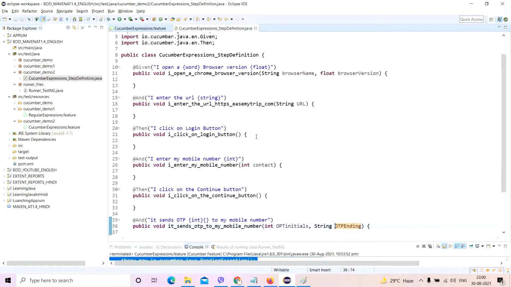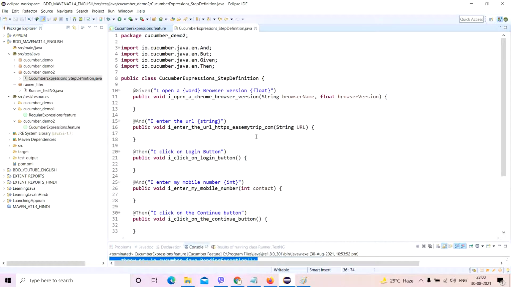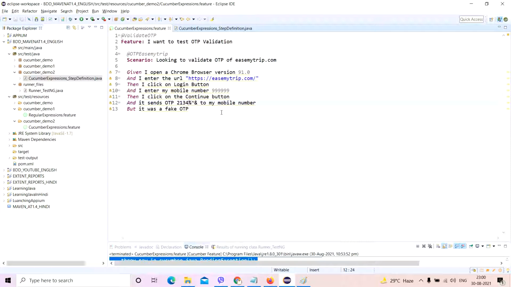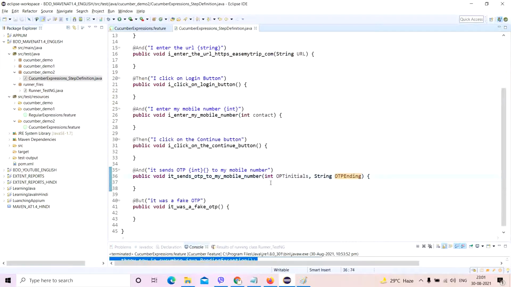This looks fine. I think I don't need to change anything. The only thing I need to change is the string OTP. If at all, I will mark this within now. This might create a problem. We'll see whether this is a good problem or a bad problem. Okay, I've never done this. This is the first time I'm doing it. I'm trying to introduce all in it.